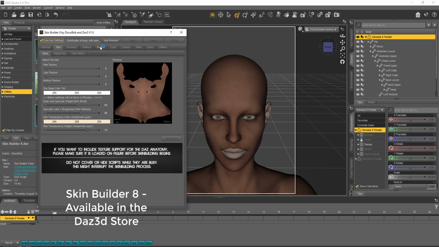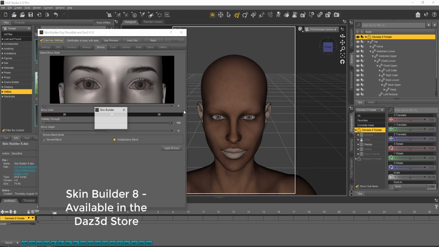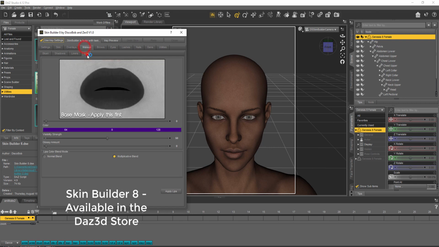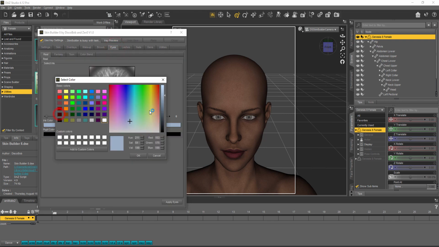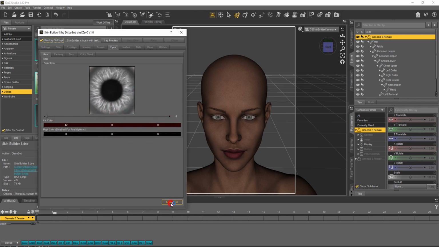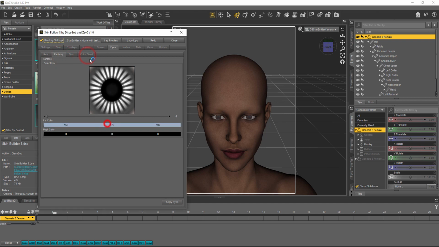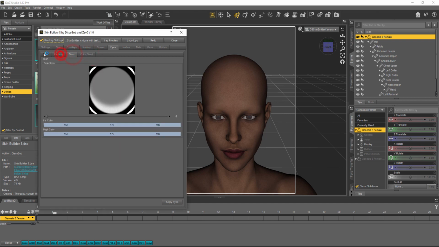your desired look. And it's on a sliding scale basis, so you can kind of adjust and move everything. So I like to make unique looking avatars using this. I always start with a bald flat foot model, and I work through her makeup and skin color through the Skin Builder 8 available in the Daz store. Eye color can be adjusted, glossiness of the skin, suntan, all of that is available in Skin Builder 8, which I like to use for